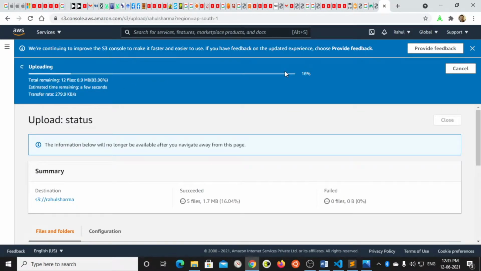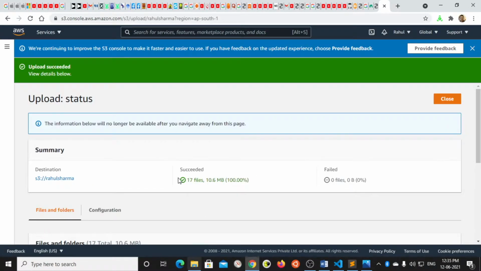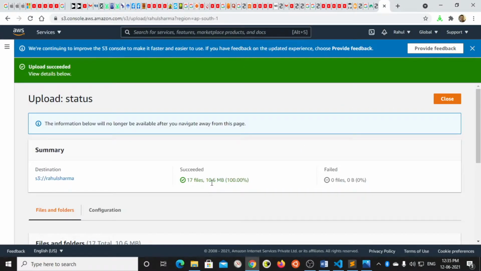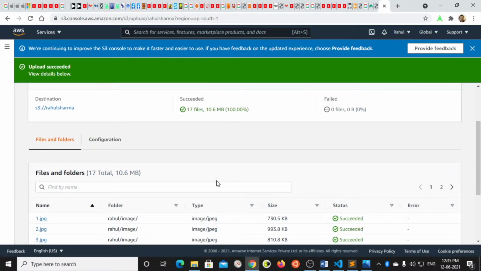It will take some time, and after that I need to link it with the server. So first of all I start with a main file, that is HTML file, index.html. So I need to provide the permission.